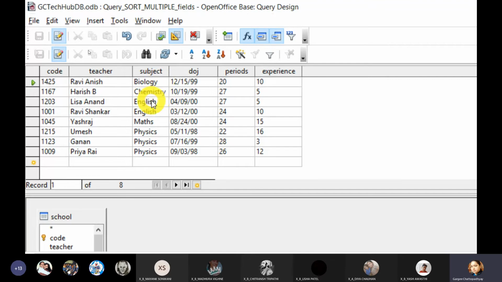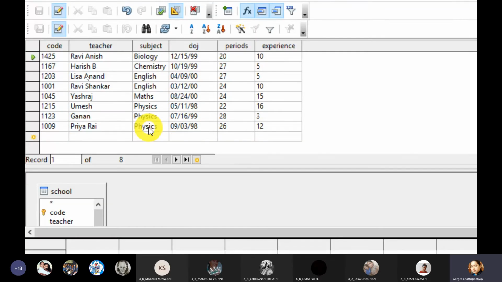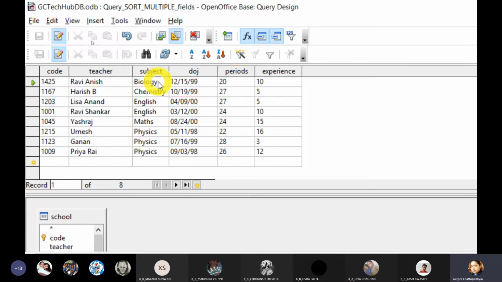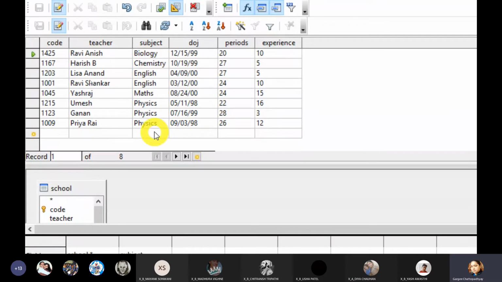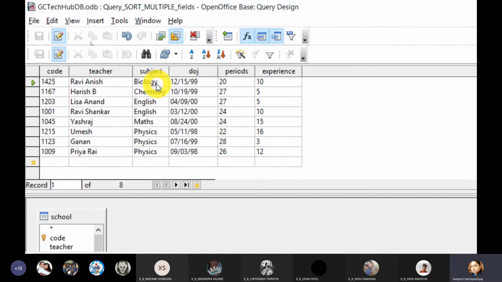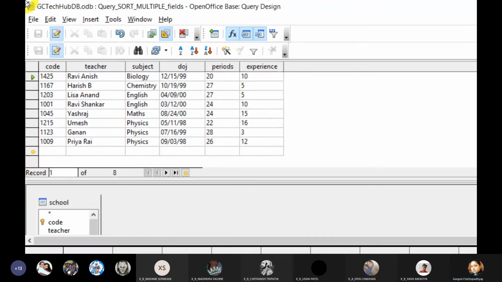First will be B, C, then E, M, and then physics. So you can now see that all the records are sorted in the ascending order of subject. Now I want to also sort the names of the teachers within each subject group. Okay, so let me take a screenshot of this so that I'll be able to explain it better.